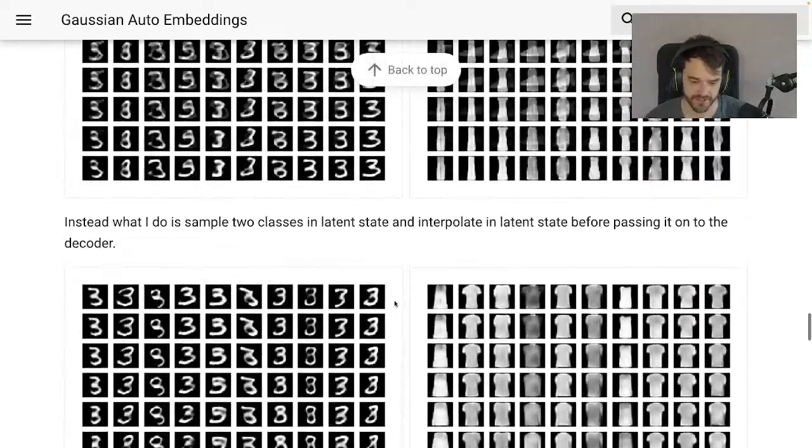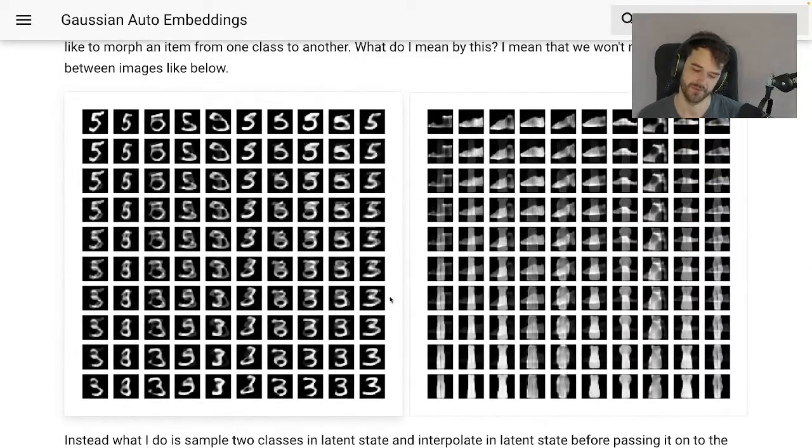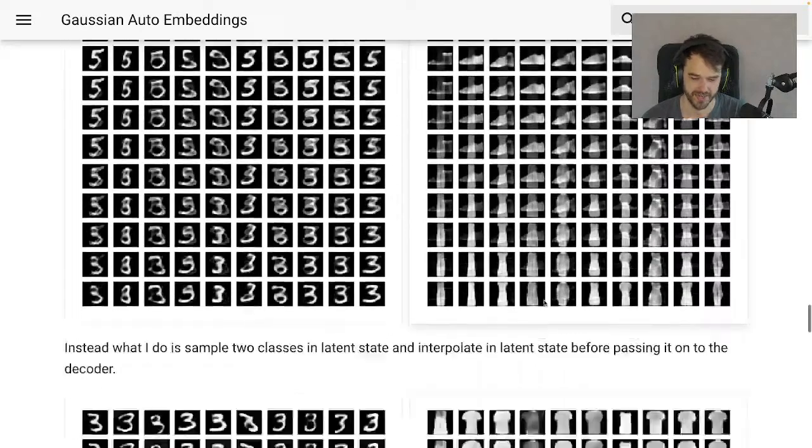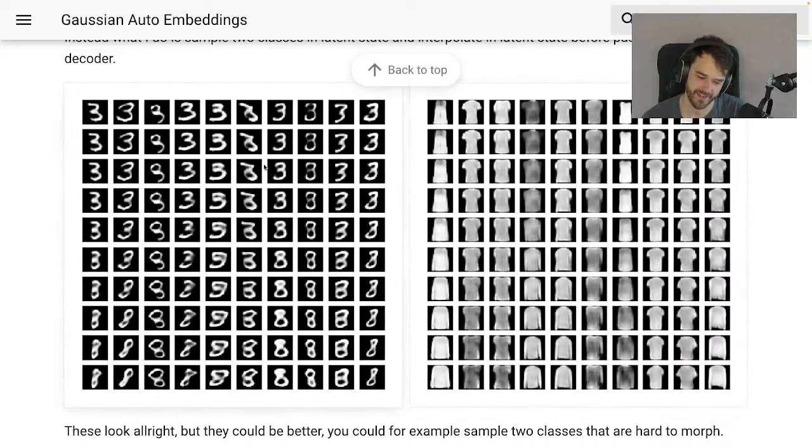And another thing that I do think was kind of interesting, what you could also do theoretically, is grab the Gaussian from the 5, and grab the Gaussian from the 3, and say, well, can we sample on the path between those two? If you were to do that on the output layer, you would just blend the two numbers. But if you do that on the latent space, what you get is, if you go from a 3 to an 8, a 3 that starts to look like this in the beginning, and then slowly starts closing loops. So I also thought that was kind of an interesting thing to show.